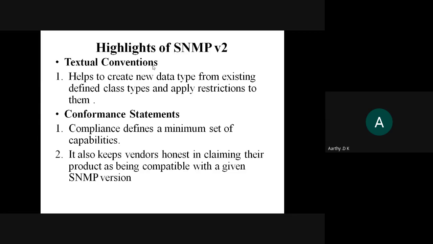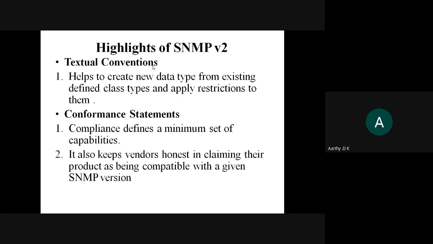Your octet string, if you remember, I told that it will have a fixed value, or an optional value, or it will be without the range value. So if you could improve these things in the integer data type also, then it becomes an upgradation.